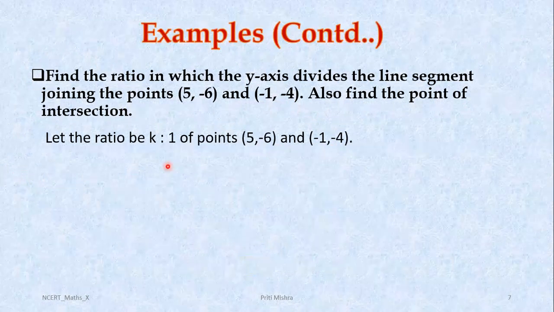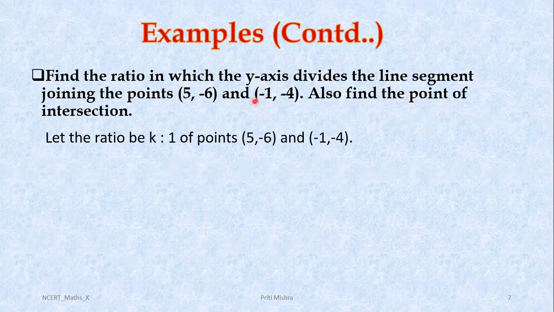Now you must be thinking, why am I taking the ratio as k is to 1 here, why am I not taking m1 is to m2, right? This is a very important point. Always keep this in your mind. In the ratio m1 is to m2, we have two variables. So in order to find the values of m1 and m2, you have to observe the question carefully, how many situations and what kind of situations they have provided in the question. According to that, you have to frame the ratio here.